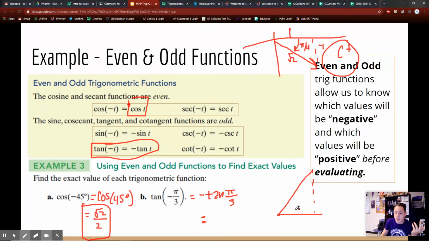Your triangle, if this is pi over 3, this is radical 3, this is 2, and this is 1. Okay? That's where pi over 3 is, in the first quadrant. And then tangent is just your sine over cosine, or your opposite over adjacent, so radical 3 over 1. So this is negative radical 3 over 1, which is just radical 3, but you still have a negative there because there's a negative inside, and following my trigonometric even and odd functions, you have to put